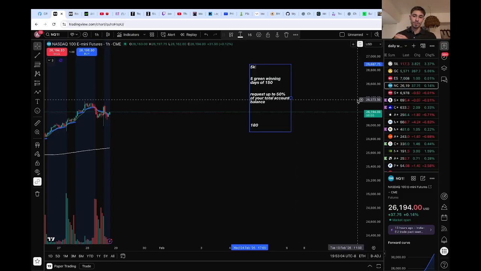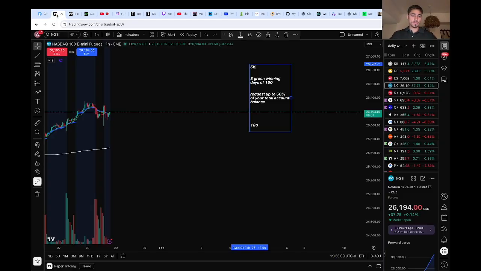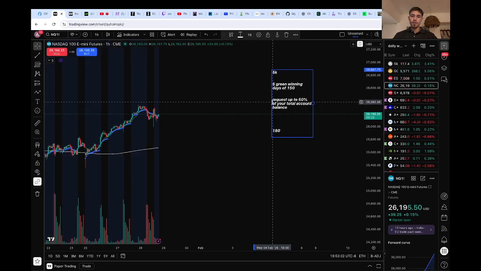And for an experienced trader, or if you're building up experience, it's a no-brainer, right? And at that point, that's where I'm doing the no activation fee, and I just pay $89 and I get a 2.5K payout. There's no activation fee on the no activation fee plan, but instead of it being 50, it's 89 a month. So this is a no-brainer for me. I pay 89 a month, get the payout, and all in, I'm in $89. So like over a 10, 20x.